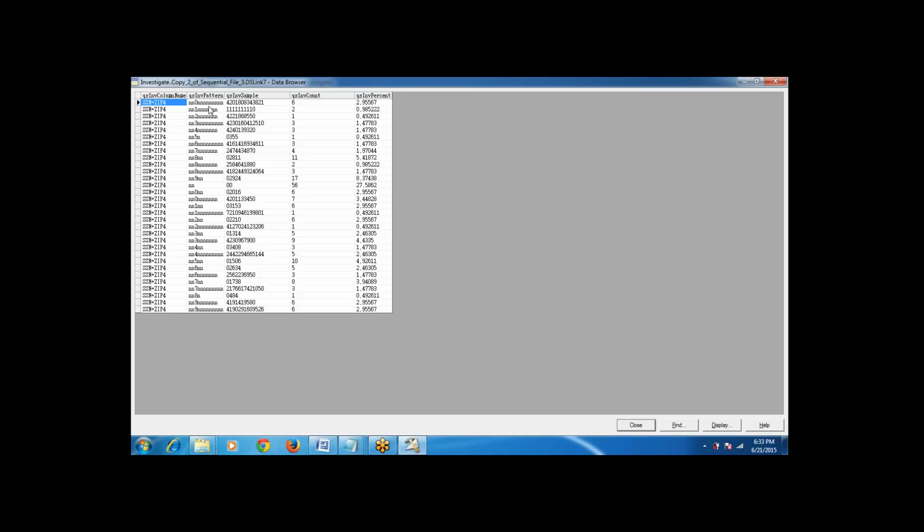Wherever I have applied the mask C, you are seeing in positions 0, 1, 2, 4, 5, 6 the actual values which are coming in the actual input data. And where I have selected X, it will not consider that in the pattern, and it will give the pattern here. This is similar to how we created the character discrete investigation report. It is exactly the same, but you can apply it by concatenating one column with another column.